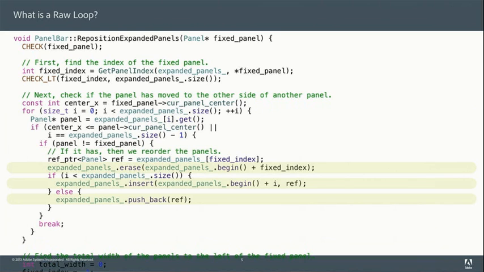We've got a fair number of things going on in there, including erase and insert, which always concerns me when you get operations that have linear complexity stuck inside of a loop. Because now I'm starting to wonder, is this thing n times m complexity? Is this a quadratic thing? I don't know.